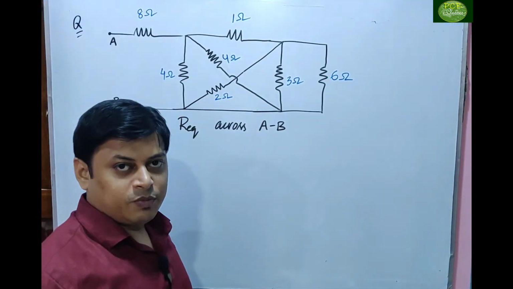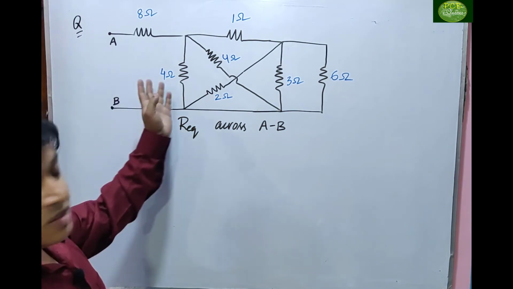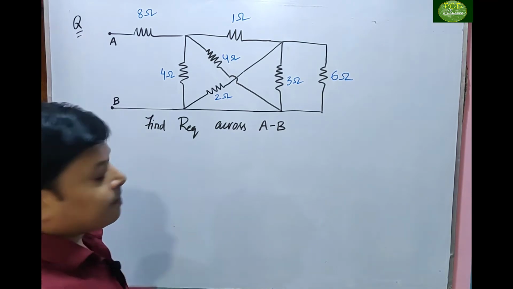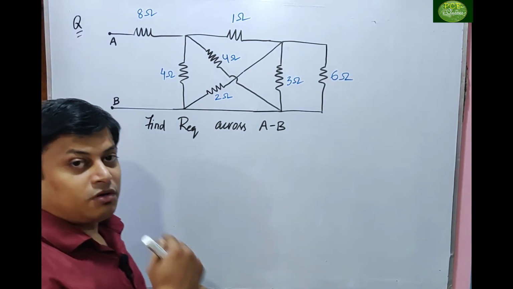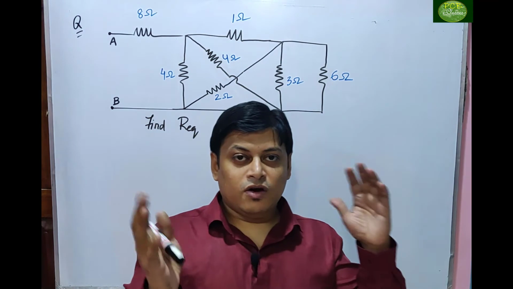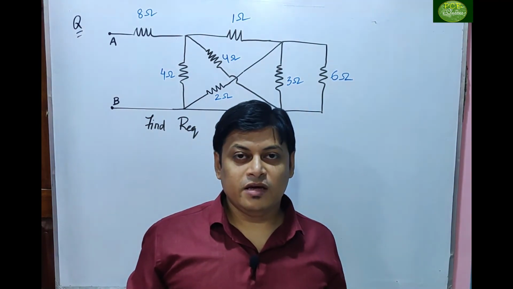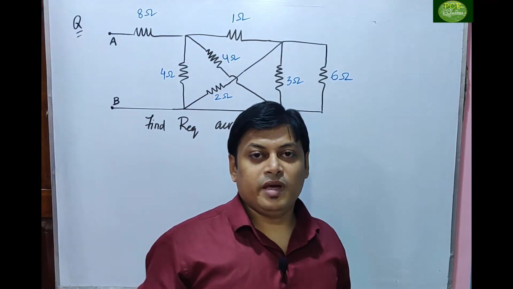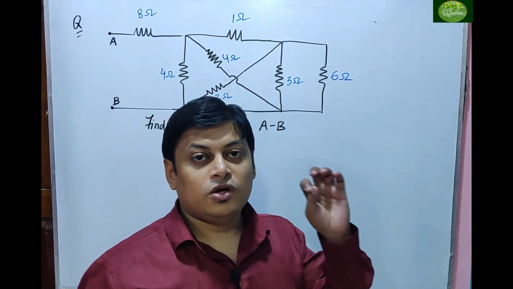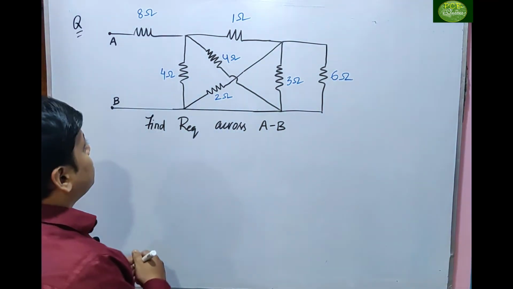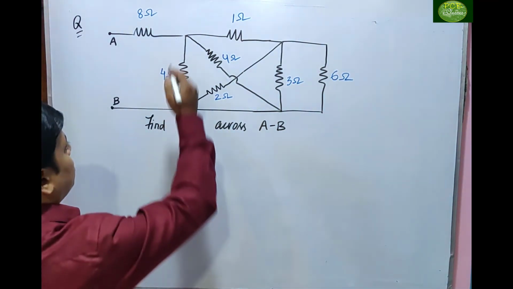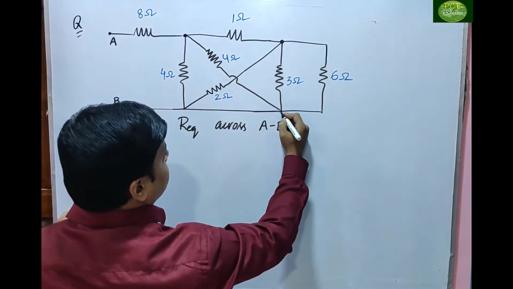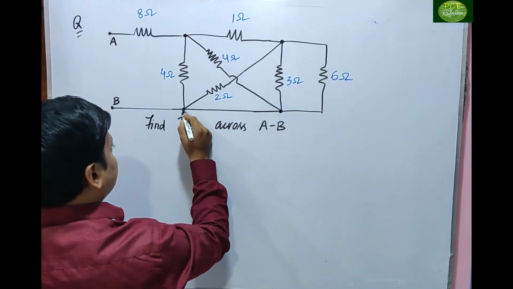Now let's see another type of problem. This is a circuit given and you have to find out the R equivalent across the AB terminal. Now as per the previous problem, we couldn't find out the proper circuit. So what we have to do is first put it in order. First of all you have to make a note of the nodes. What are the nodes present in it? This is one node, right? This is another node. This is another node. This is a node.